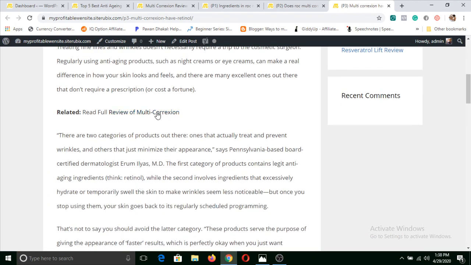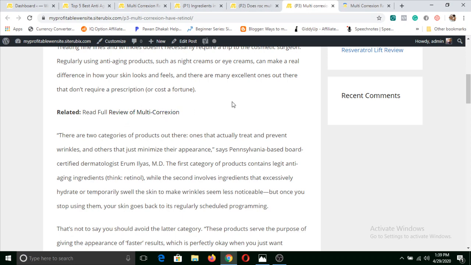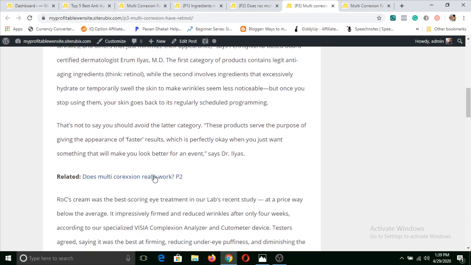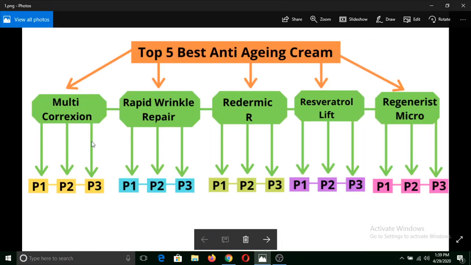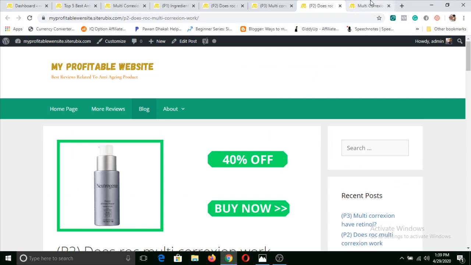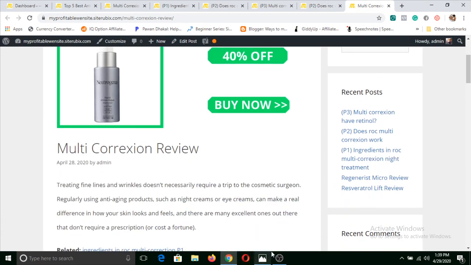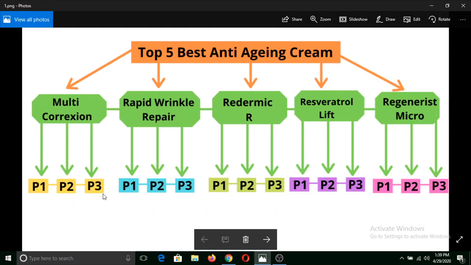So here is the multi-correction review that we have linked in this P3 helpful article, and one is to our P2. One is to our multi-correction, another is to our P2. You can see it is P2, it is multi-correction. Now, once you have made this much, forget about all of this for now.